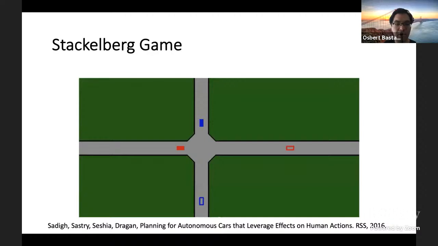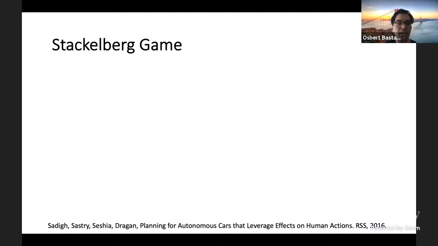And just to give a visual illustration of this, the robot in red is going to go first, then the human, and then it's going to come back to the robot, and they're going to continue playing alternatingly in this fashion. This is an approximation to the true system, but intuitively, if you take the time step to be small enough, this should be a pretty good approximation of the original game. So like I said, the nice thing about Stackelberg games is that they're easier to solve.